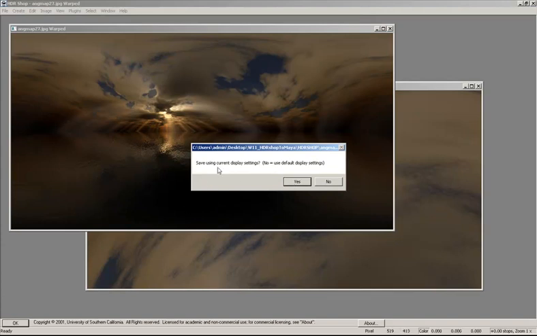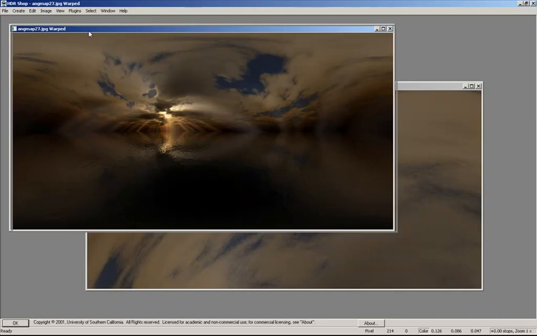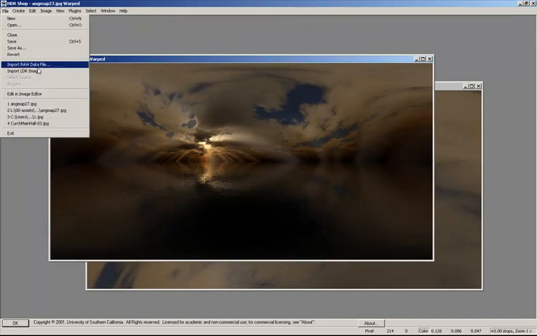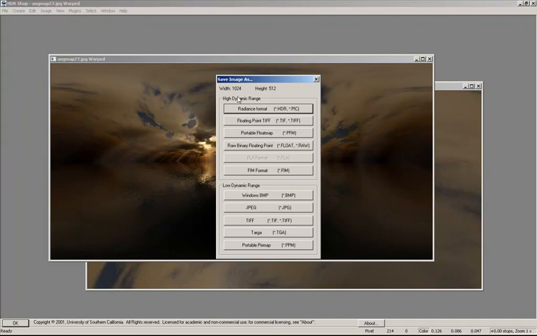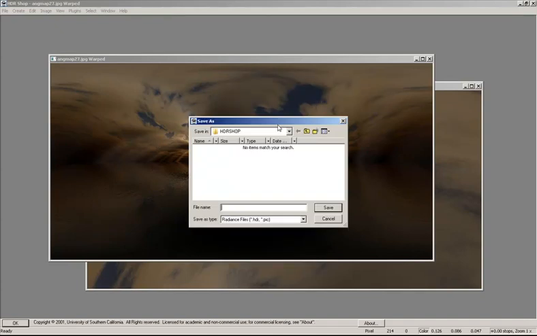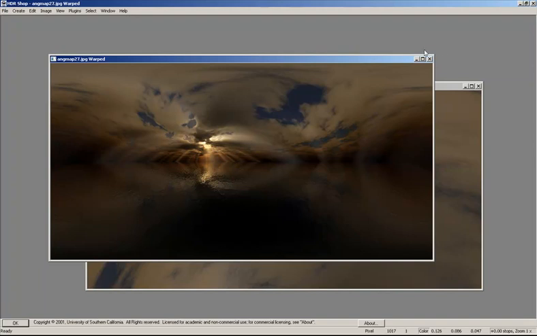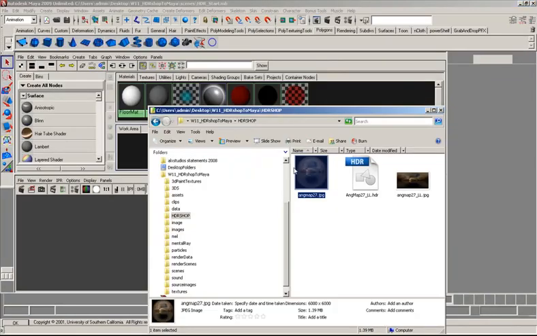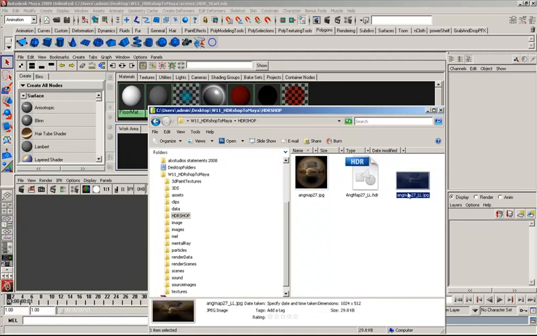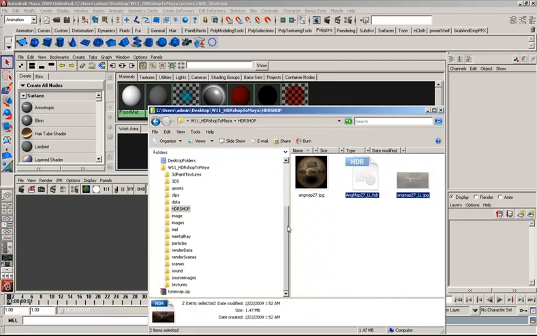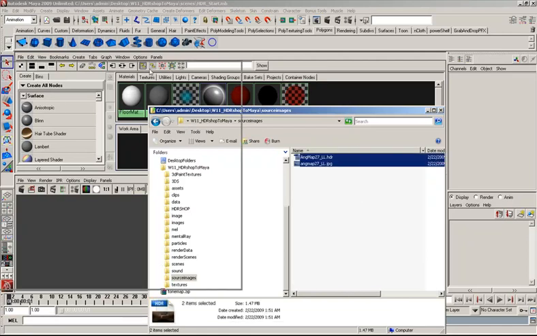And then it's going to ask if you want to save with the current display settings. Just hit yes, and that's pretty much it. Now if you want to save it as a high dynamic range, then you would do the same. Maya likes HDR, so you do HDR, and we'll call it map 27 underscore LL, but this would be HDR. So save, and then you can close this, and you'll see that here's my HDR, my LDR. I'm just going to cut this guy and put him under source images,